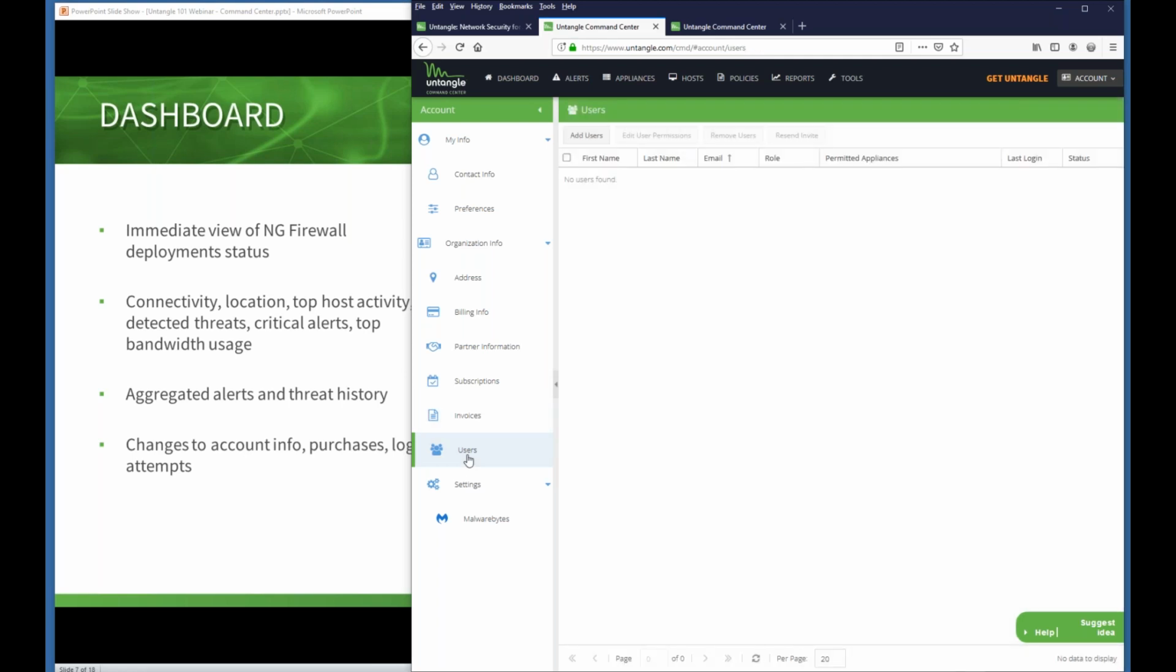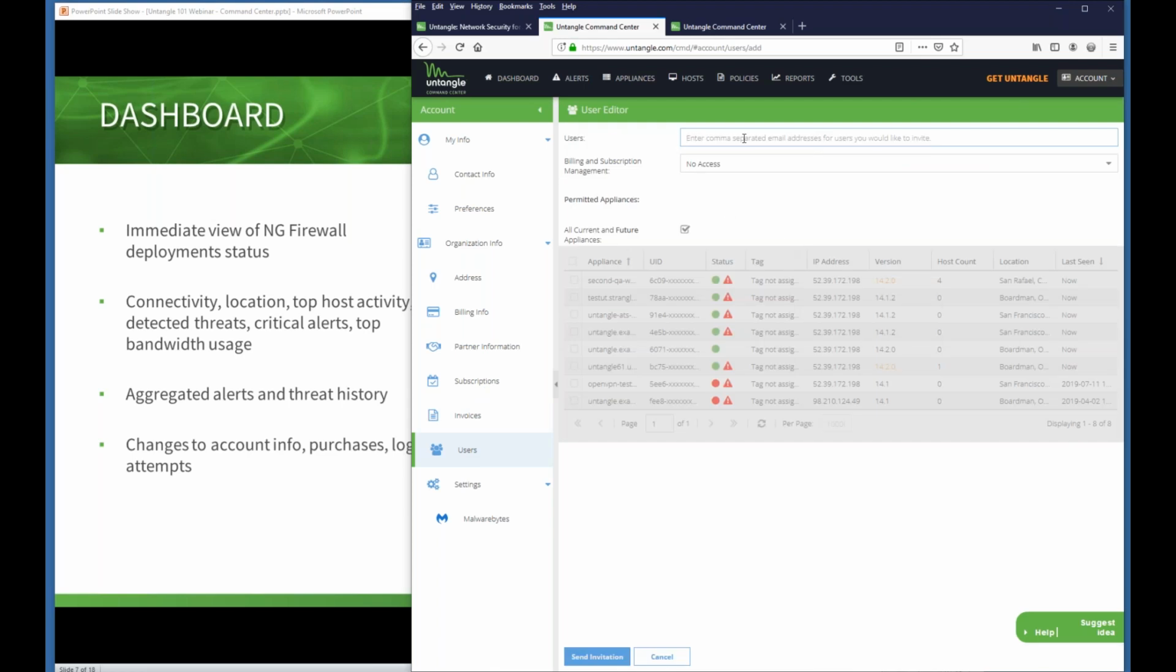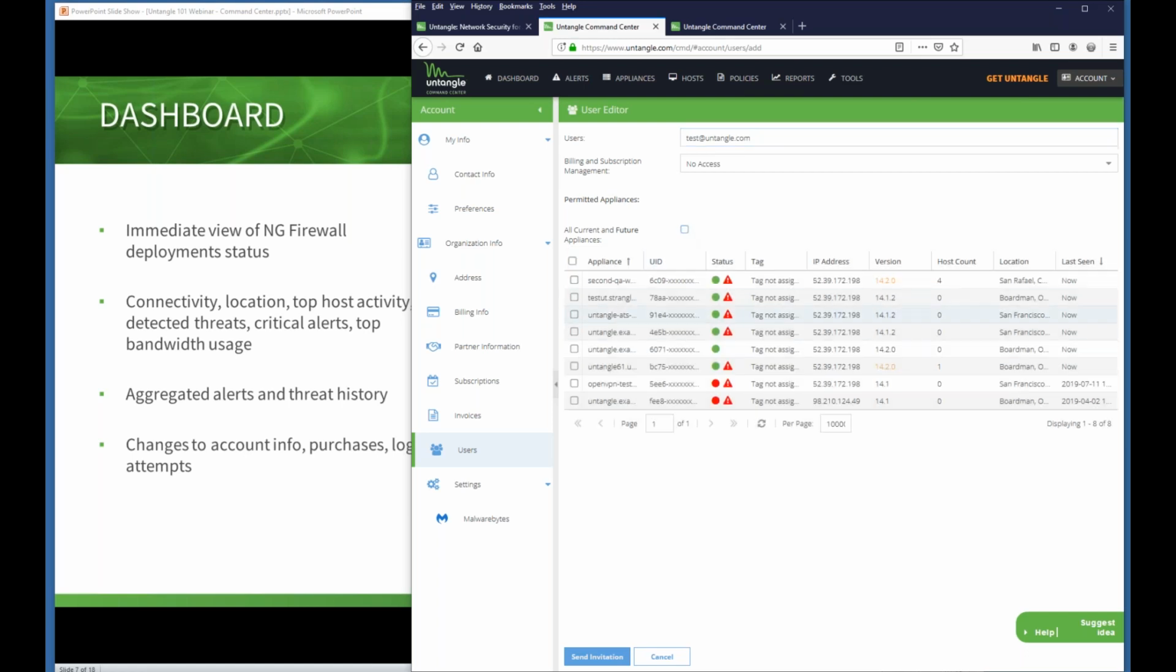One huge part of this that is hard to do on separate Untangles is that you can create separate users. So, for example, if I want to create a user, I would invite them and just say, I want to invite this person called Tess, and I don't want to give them any access to my billing or subscription, but I want to give them access to this specific Untangle. So he'll be able to connect to Command Center, use his login, and make any operations he needs to on only that particular